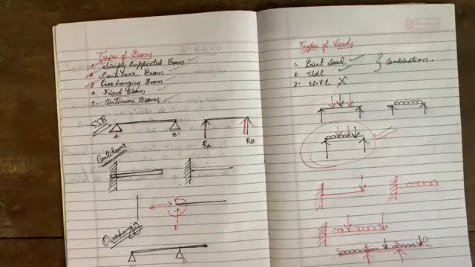So why do we need to study this design? By studying this design, the structural engineer will understand what kind of material or what size a member should be, or we can even say that with the help of this we determine what type of member we need to use. So it helps us to understand the strength or load requirement that one member should take care of. So this is very much important.